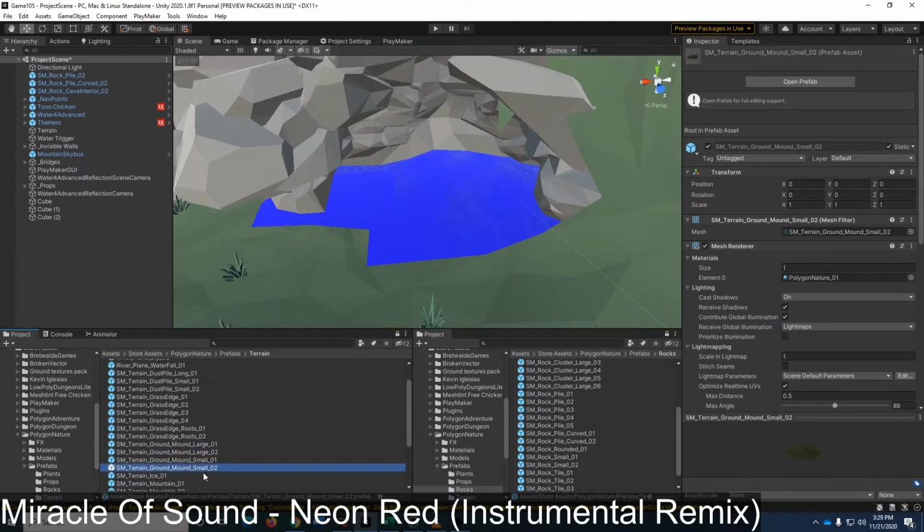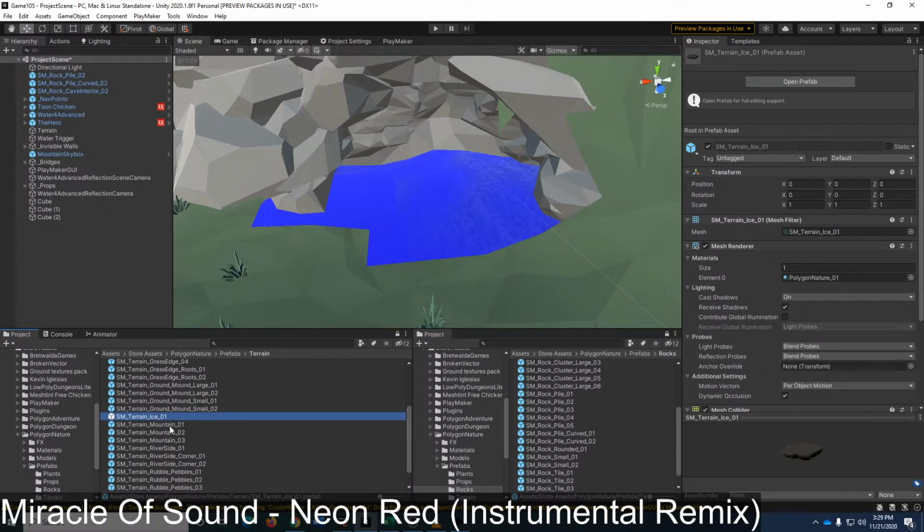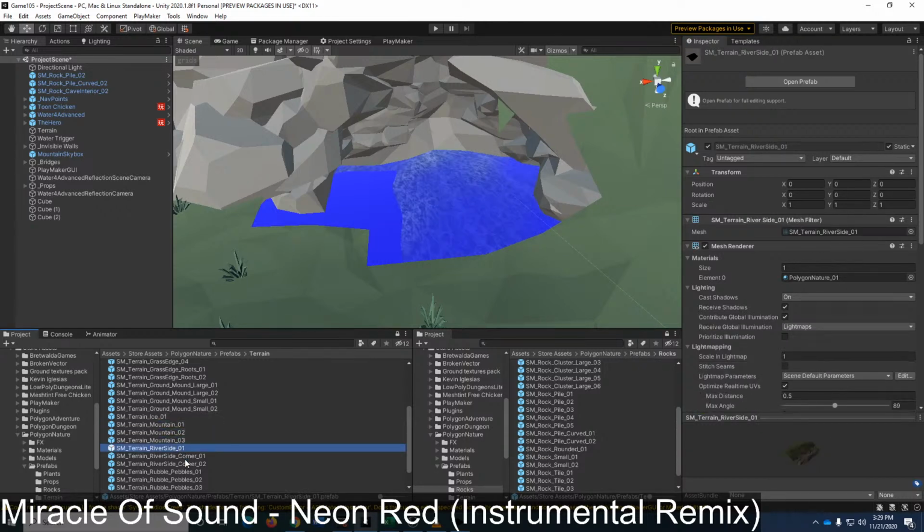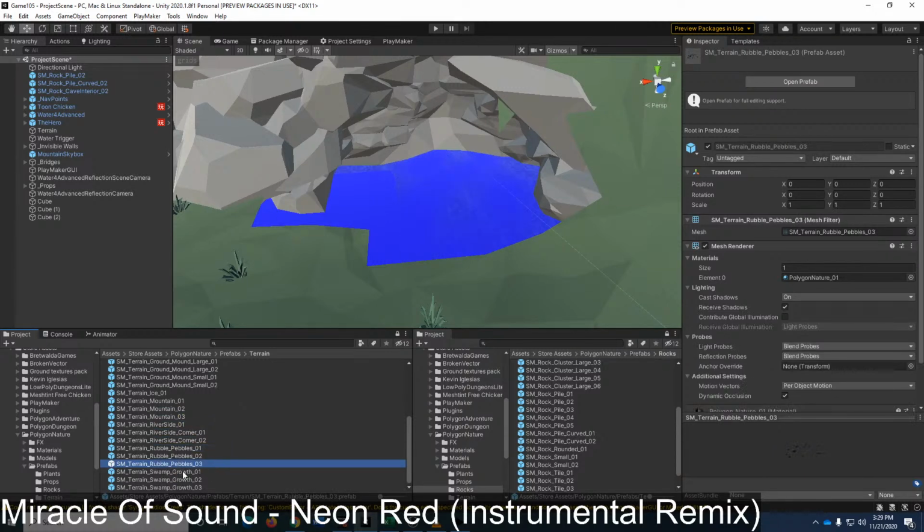I'd prefer it if those were not green. They have a very different definition of ice than I do. These are background mountains, riverside.